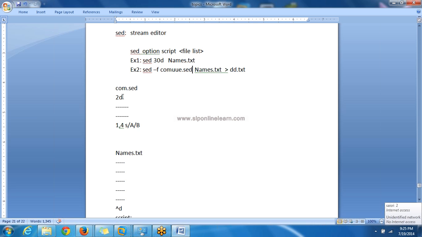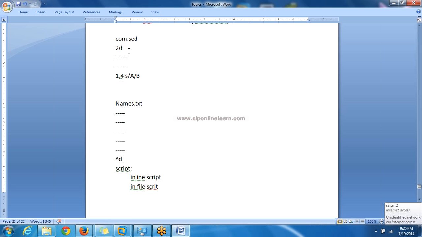So how will a script file be executed? We have two loops here. Two processes are repeating continuously. One is: take the first command, execute this command on the entire file. Take the second command, entire file. So executing a command on the entire file is one loop, and taking command by command from the script file is another loop.